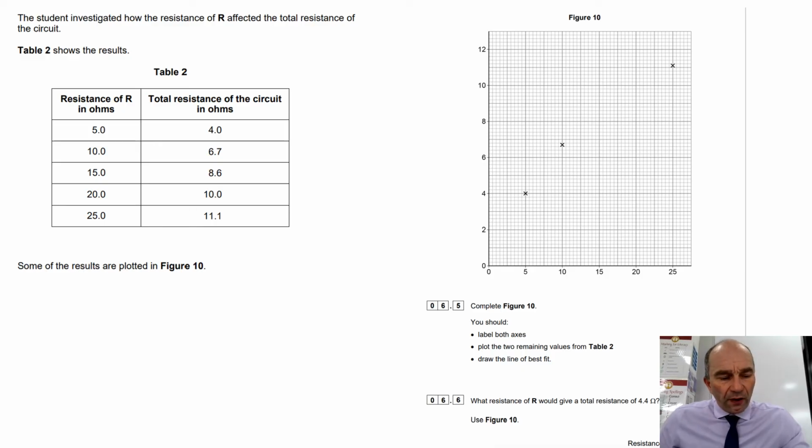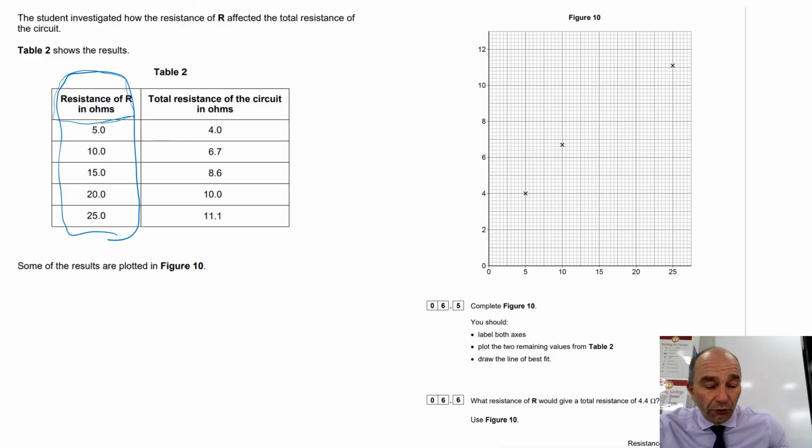Now the student investigated how the resistance of R affected the total resistance of the circuit, and then we've got some results. Some of the results are plotted on the graph. This graph question, you should be looking at 4 easy marks. On 6.5, we've got to finish off figure 10. Label both axes. If you look at the x-axis, this is going up in nice regular 5s. Whatever is written as a label in the table, that is the label you should put on your axis. So this one is resistance